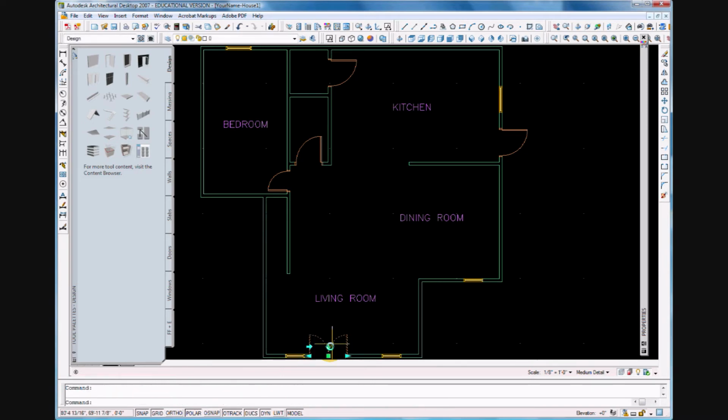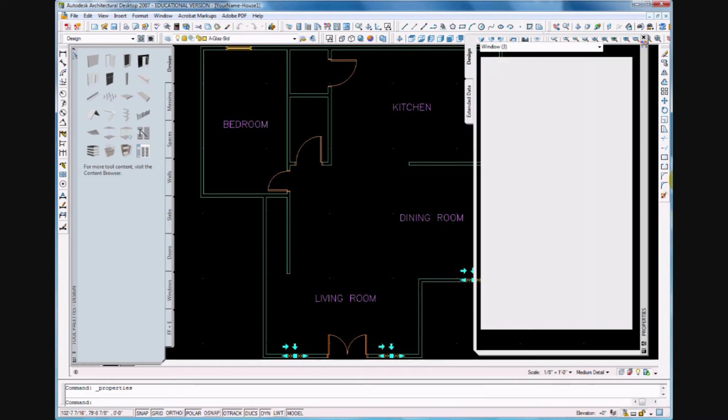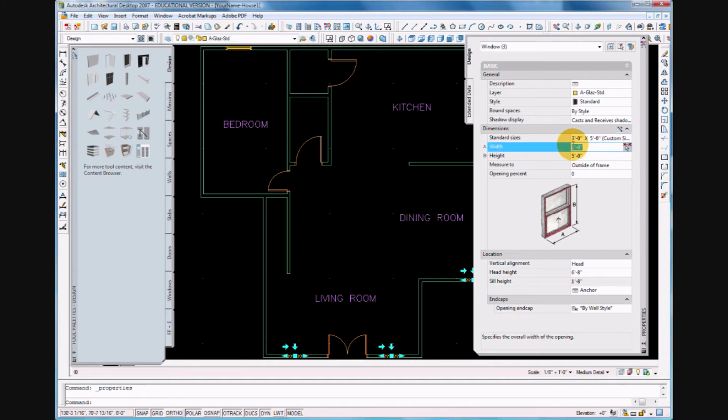Let me select that door and move it to the center as best as I can. Then I'm going to select all three of those windows and right click and hit the property command, and I want the width to be 5 feet. So type in 5,